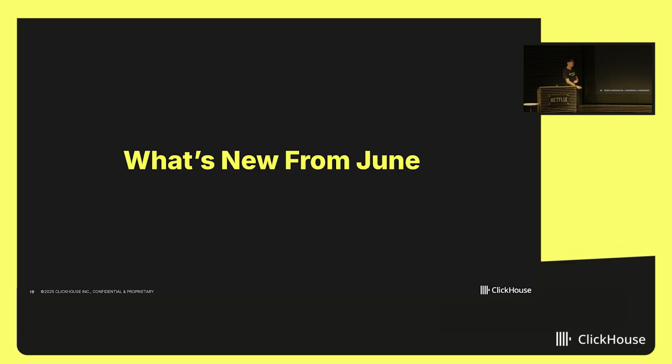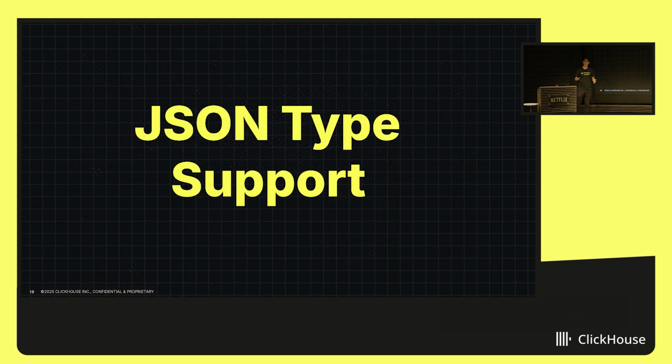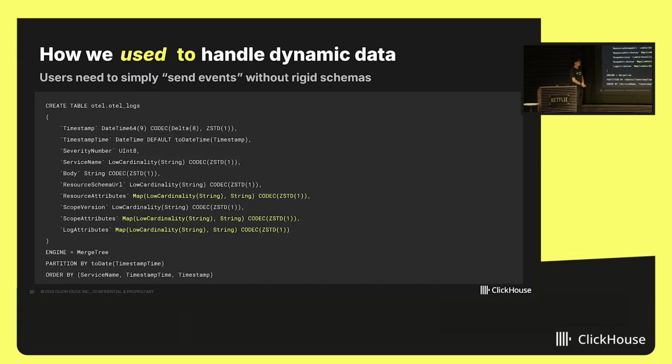All right, so I've actually talked a bit about this before, and I want to take a moment to talk about some of the updates we've been making to the product. And from June, one of the biggest things we've been working on is JSON type support. As Daniel mentioned, there's this really cool new type called JSON. It was first GA'd in 25.4, if I remember correctly. We're now at 25.6, so it's been a bit. There's a lot of improvements being made to it constantly. And now the entire ClickStack that I showed earlier supports JSON type. And just talking a little bit more about what JSON type is, this is, again, a bit of a refresh of the last talk.